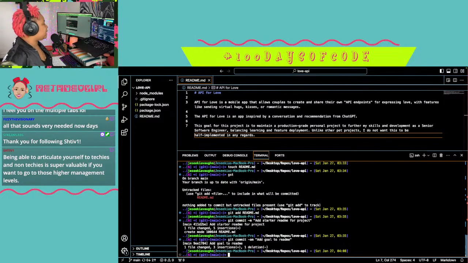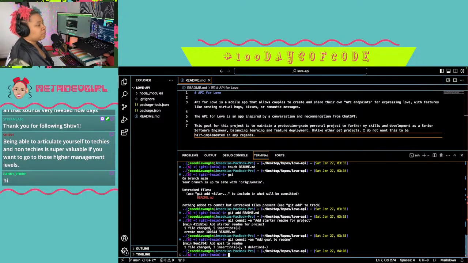Being able to articulate yourself to techies and non-techies is super valuable if you want to go into higher management. If you want to become an executive, or a VP of engineering, or a CTO, you have to be able to talk not just tech.